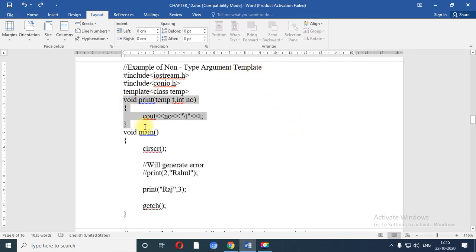And in this, remember one thing, the first argument can be any data type, but the second argument must be an integer. So over here Raj comma 3 will work properly, but if you call the print function using 2 comma Rahul, at that time it will generate an error because our second argument must be an integer.